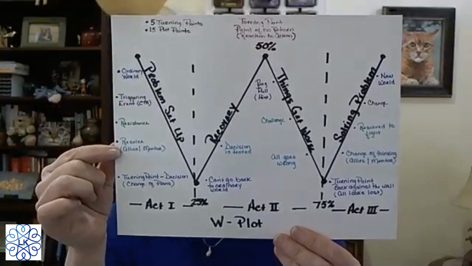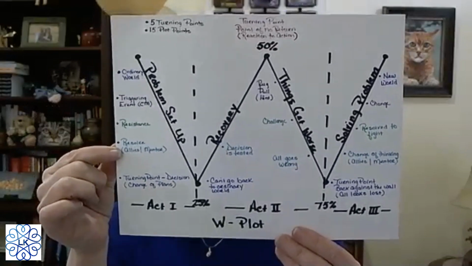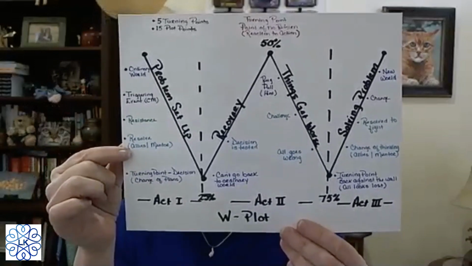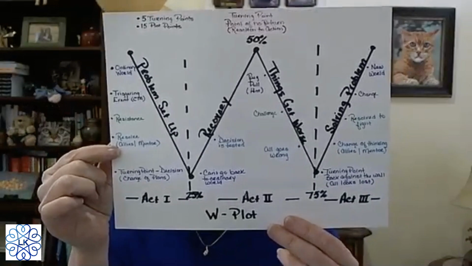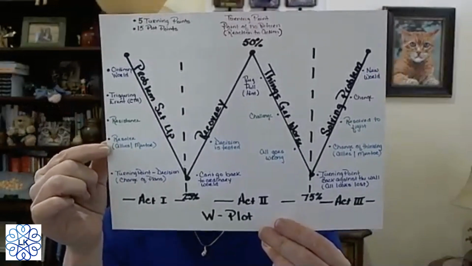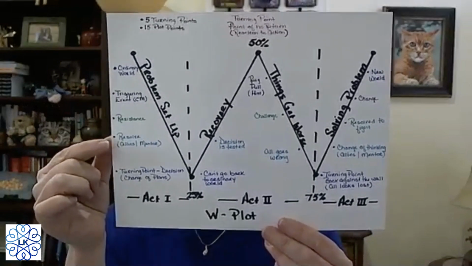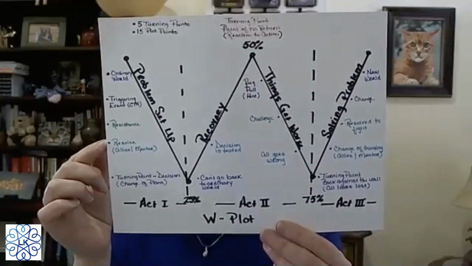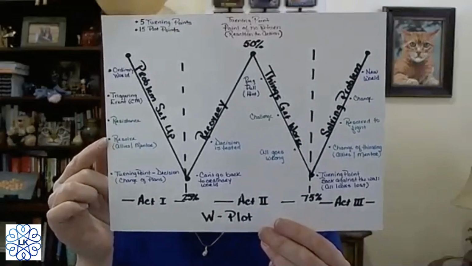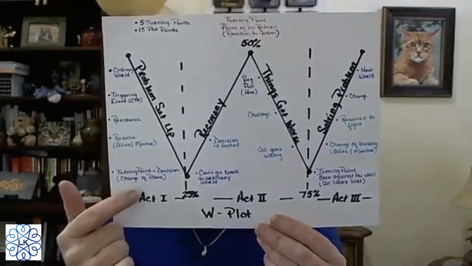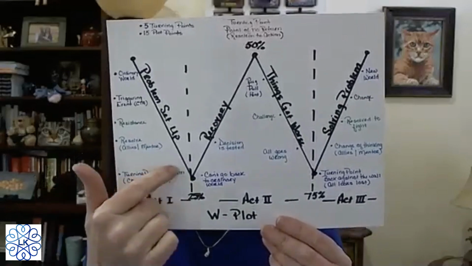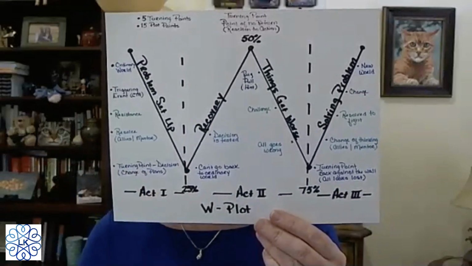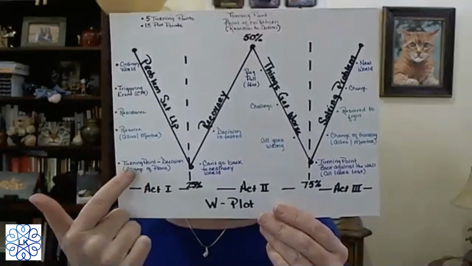Once the character gets here, they are resolved to move forward, and they might get some help from allies or mentors. If you think about Harry Potter, Hagrid helped him integrate into the school, plus Hermione and Ron were there to actually help him as well. He's getting resolved to go into the school. And then he comes down here to a turning point. He's made a decision that he is going to go ahead and move forward. So there's a change of plans.